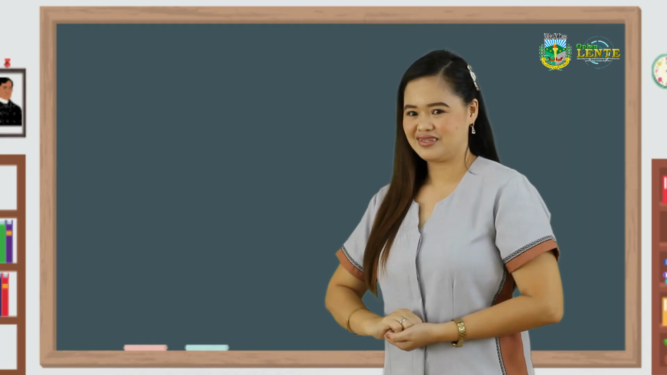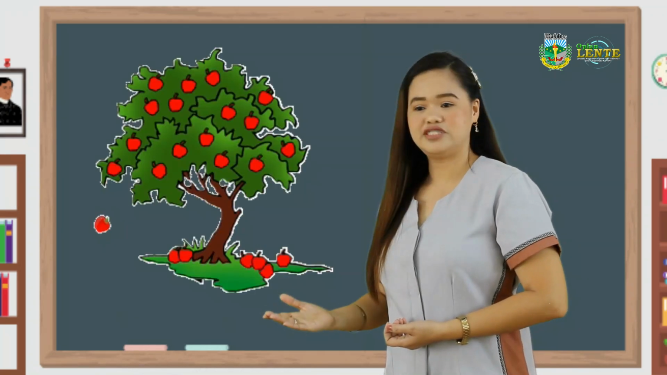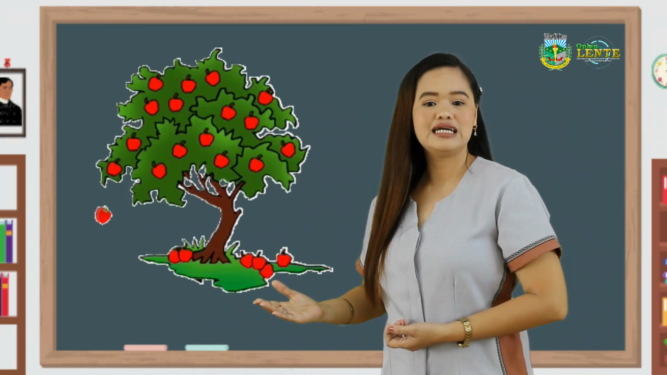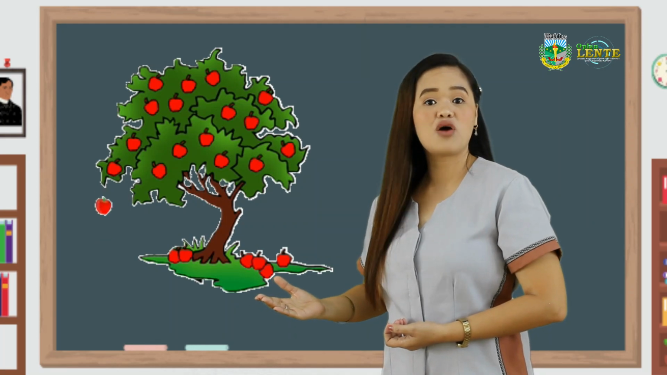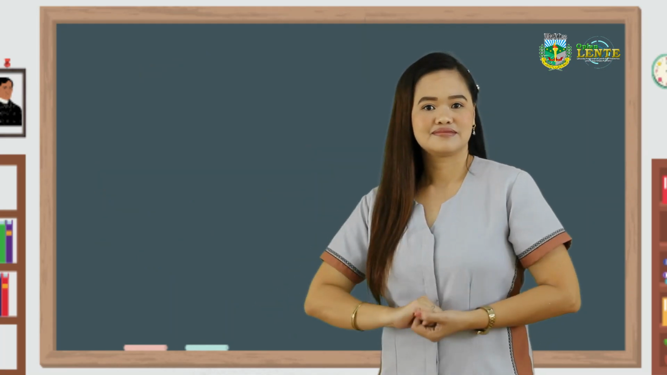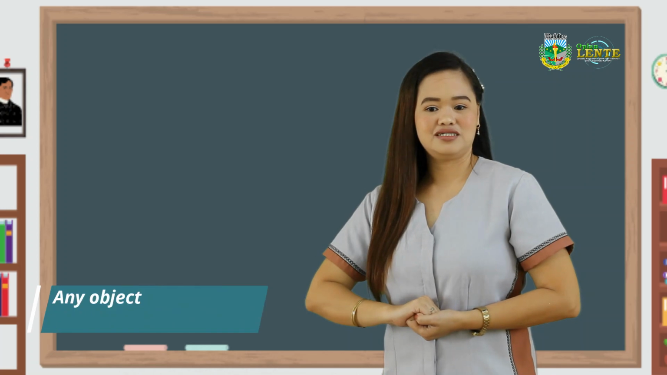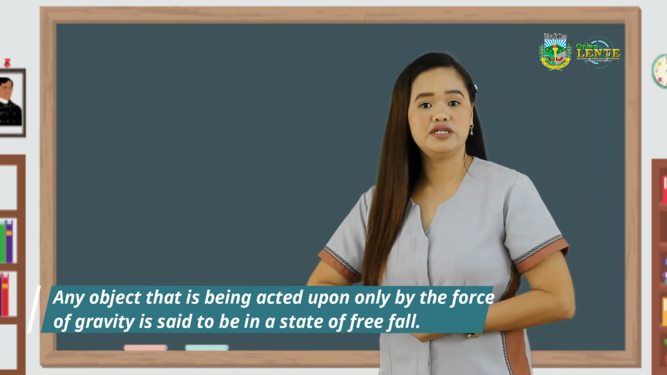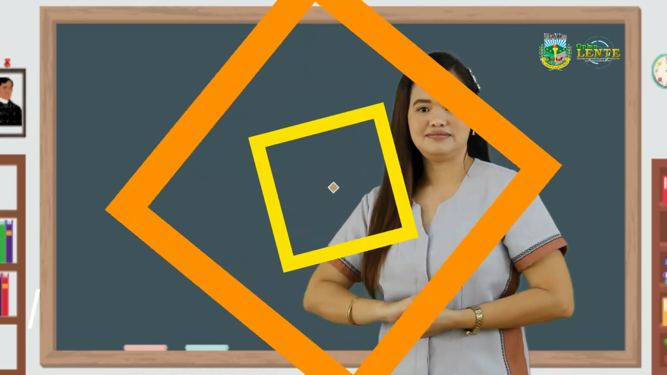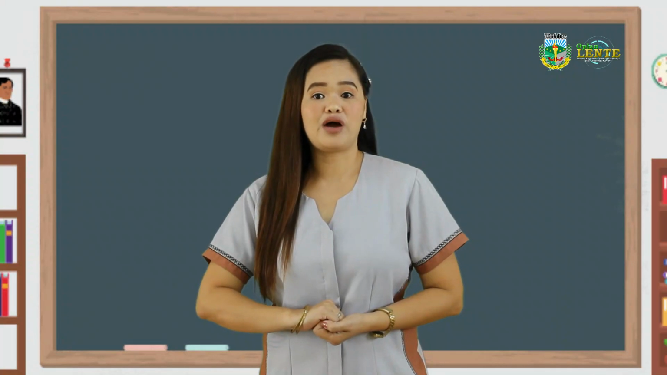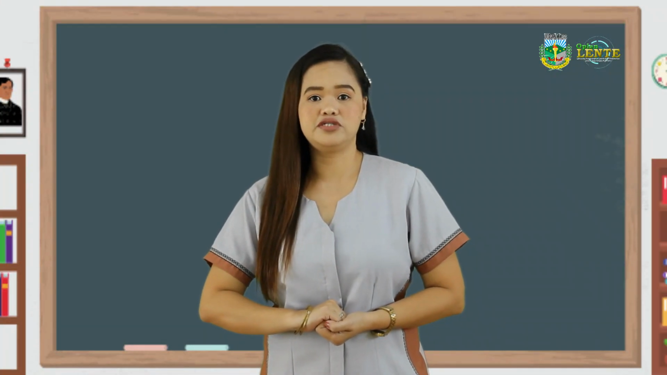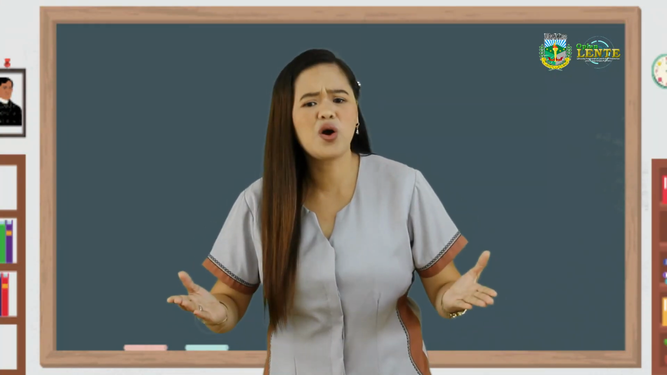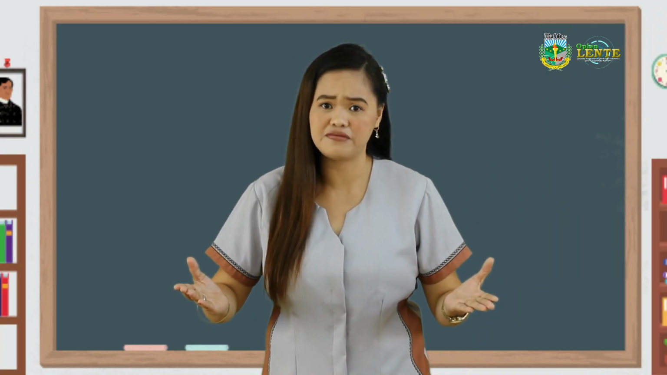Remember, a free-falling object is an object that is falling under the sole influence of gravity. Any object that is being acted upon only by the force of gravity is said to be in a state of free fall. So based on the problem of free-falling objects, how are we going to find the height of the